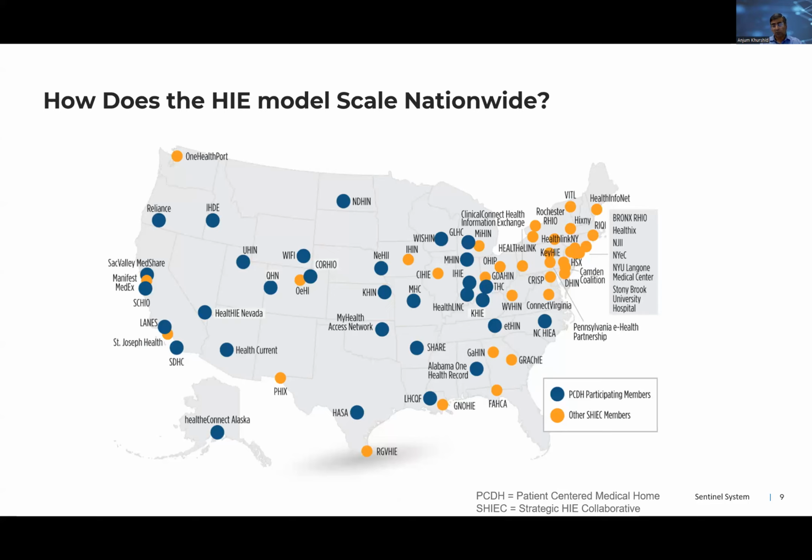And many of these health information exchanges cover the entire state, although there are larger states like California, New York, and Texas that have multiple HIEs established. But this is a fairly impressive coverage, and in some ways they cover almost all parts of the country, which is a unique opportunity for us to think of how this nationwide health information exchange can serve some of the needs of getting nationally representative data, not only for exchange of information, but also for surveillance and research.